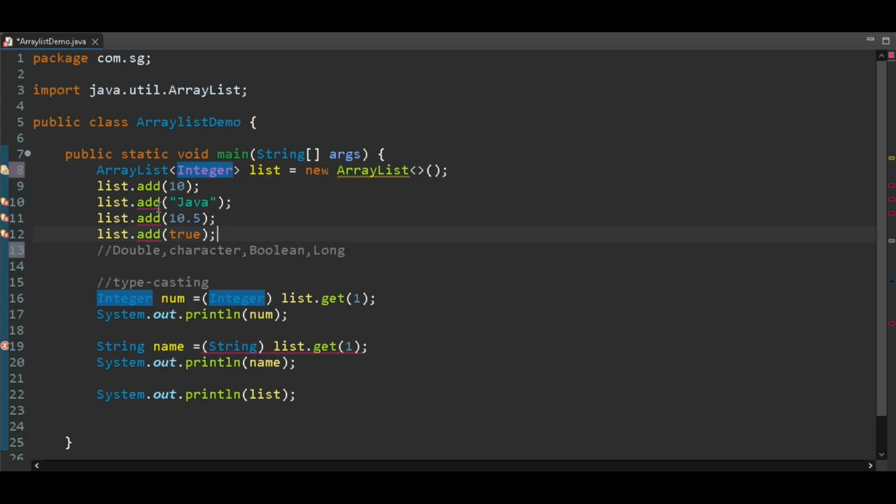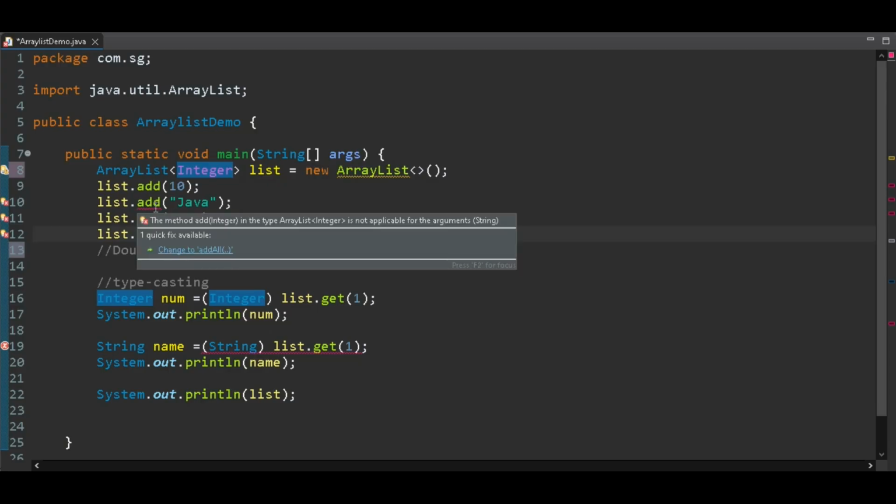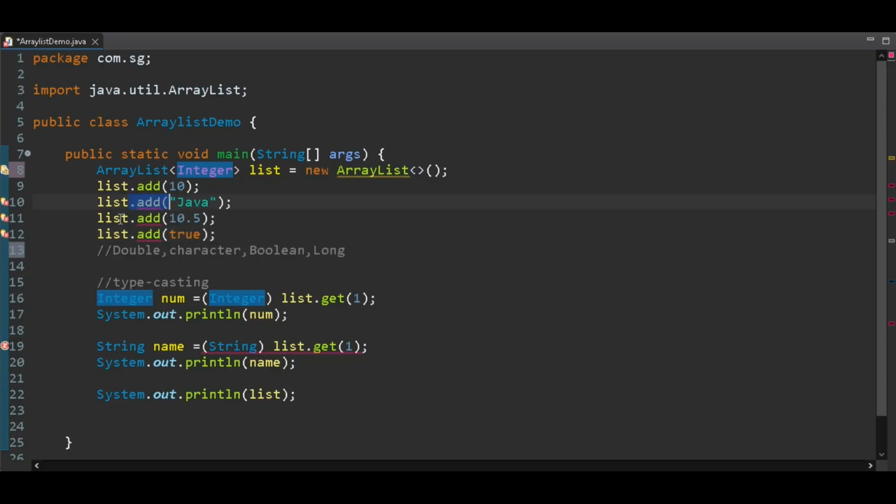If we move the cursor on it, it's telling that this array list is not applicable for the arguments string, double and boolean. So if we notice here, it is raising errors before running the code, right? Because generics provide type safety by catching type related errors at compile time rather than at runtime, so that we can correct it before running the program.